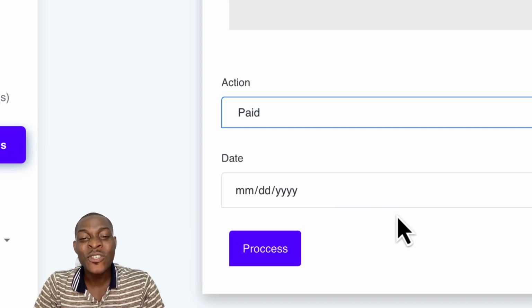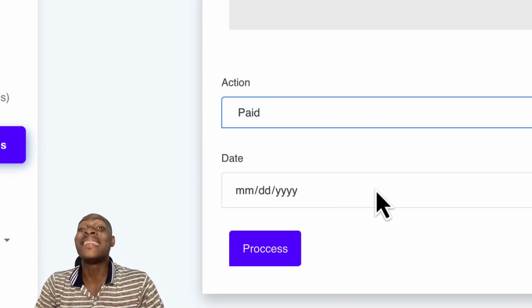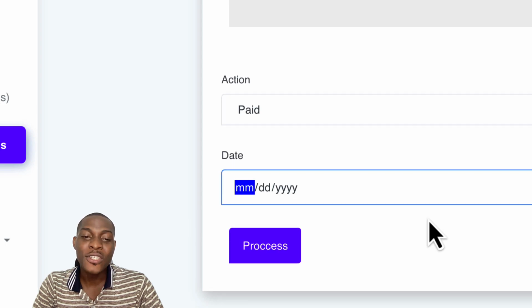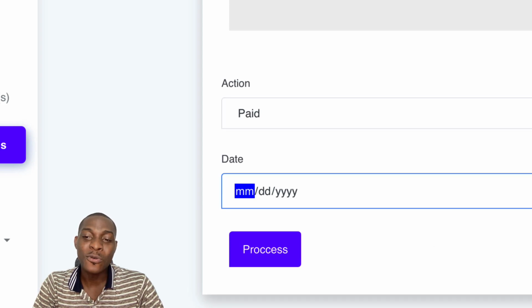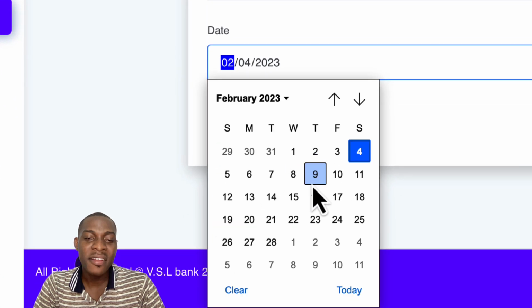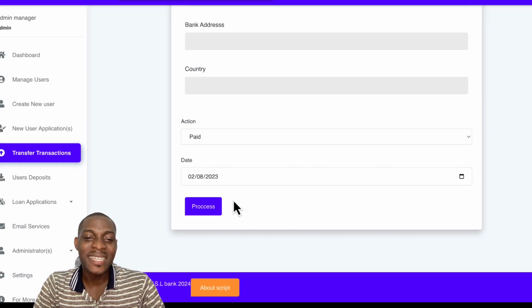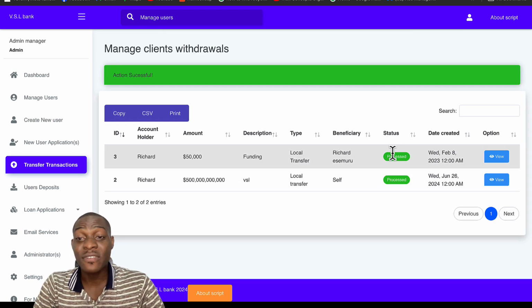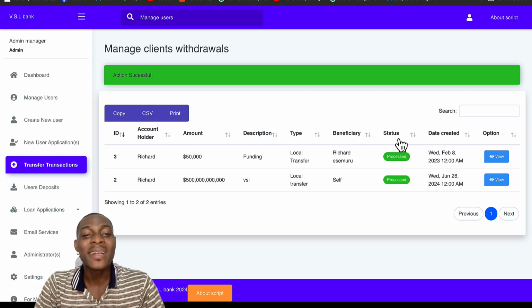Now, the next section here is the section where we can actually backdate this transaction. So over here, we can now put in this information. Let's just take this back to 2023 and say February 8th, 2023, and we click on process. So immediately after you see the status of transaction as processed, you can now be able to go over to